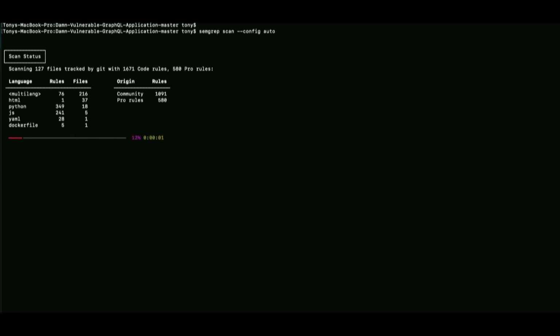So you can see it's basically just identifying what's in the repo. It scanned 127 files with 1,600 rules, right? And in about 20 seconds here, it'll come back with its results. Just for the sake of time, I'll tell you the first one's going to be a credential that was left in the repository, so it finds some hard-coded secret. I don't remember exactly what the context of the secret is, but it's irrelevant. And then you're going to see a lot of